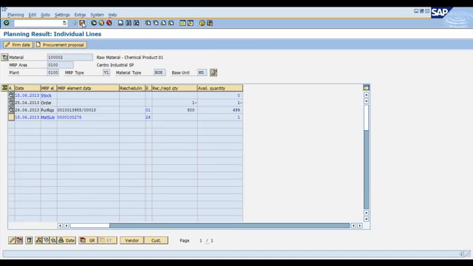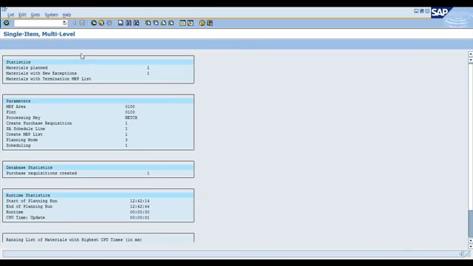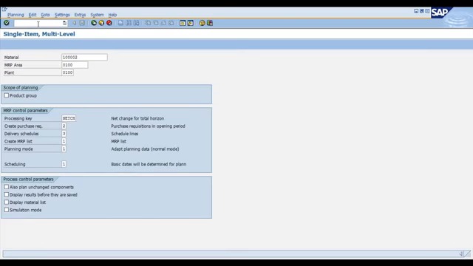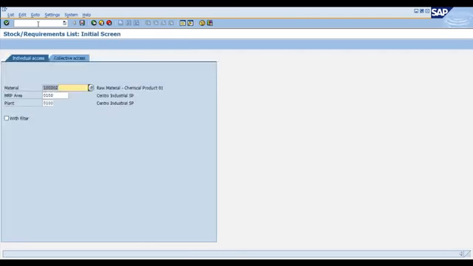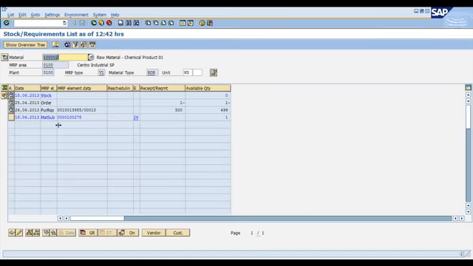I'm gonna save. Okay, this is saved. That means now we have already the purchase requisition. So far,